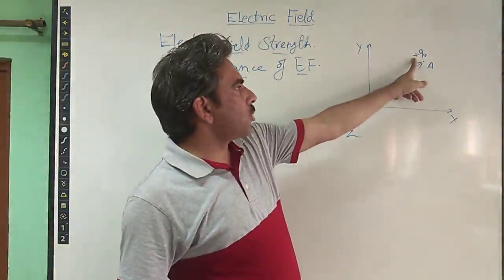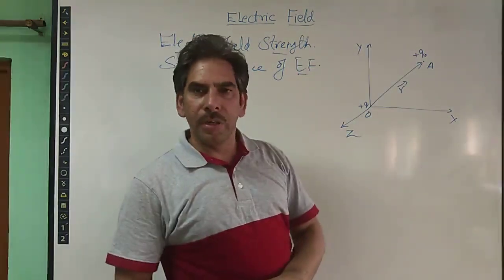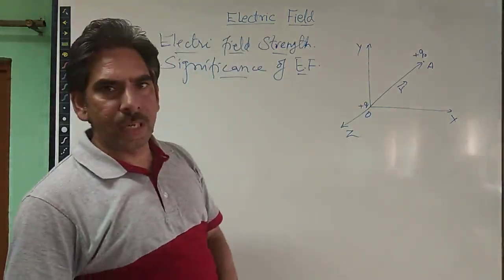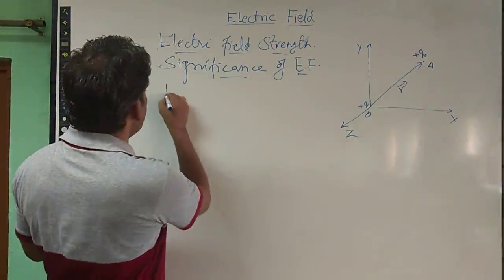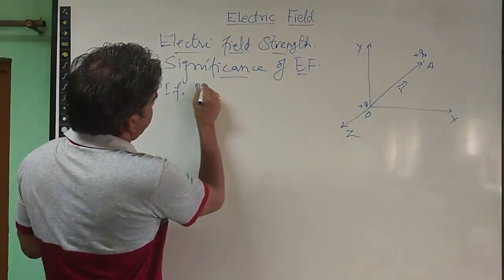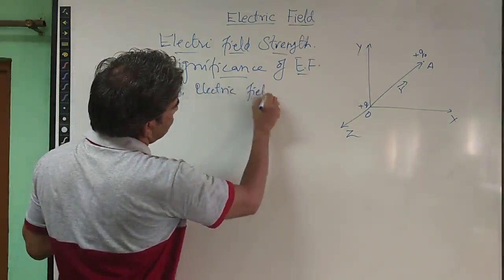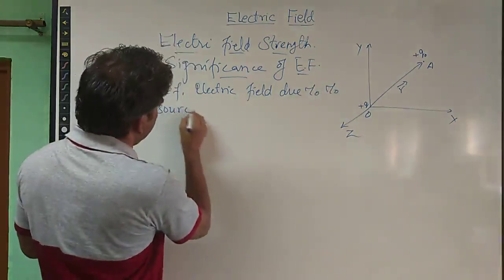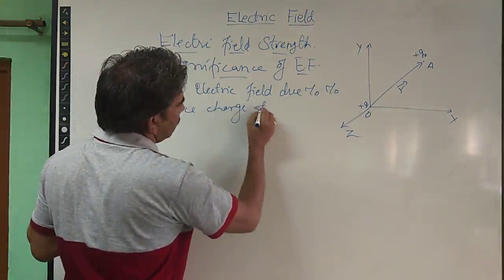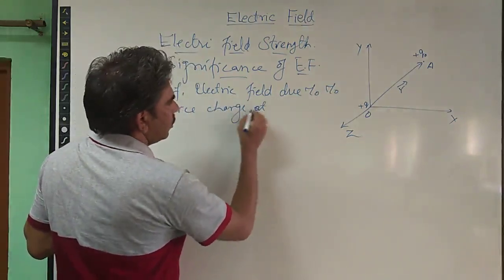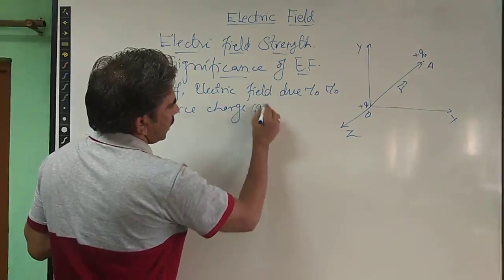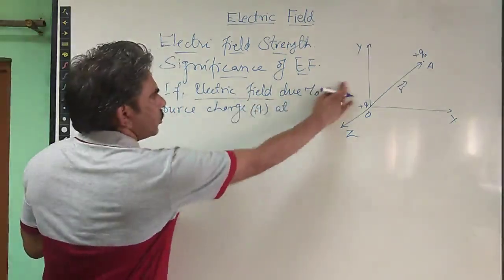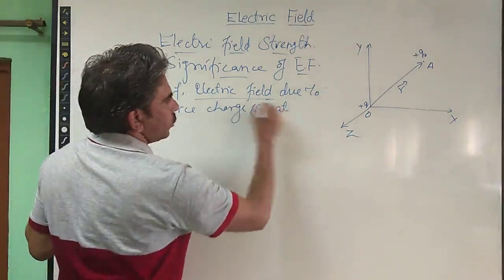So a test charge of very small magnitude plus q naught is placed at this observation point A, where we are willing to calculate the strength of the electric field due to the source charge Q. So the electric field due to the source charge Q at point A